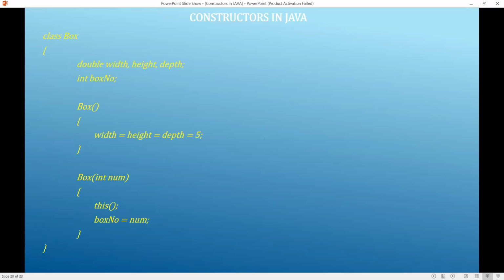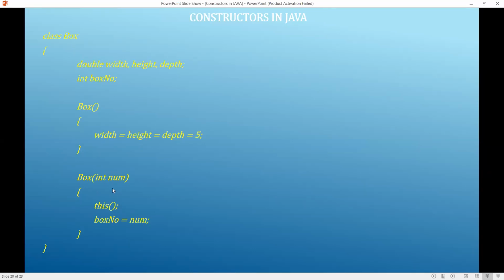Okay, here in this example you see a Box class. One more variable I included, an instance variable, an integer type box number. One constructor without argument initializes it to 5. Then one more constructor, constructor overloading, takes one integer value.